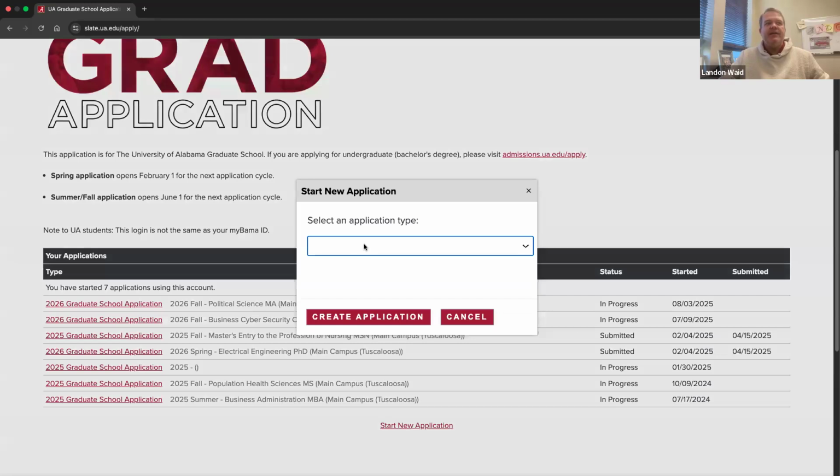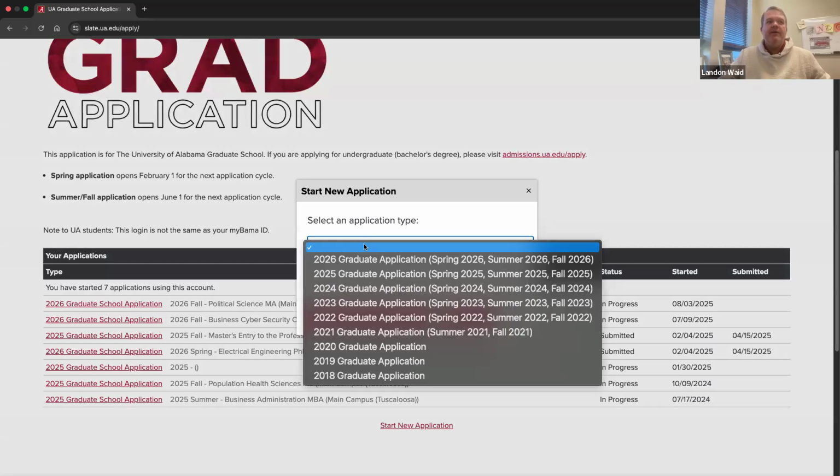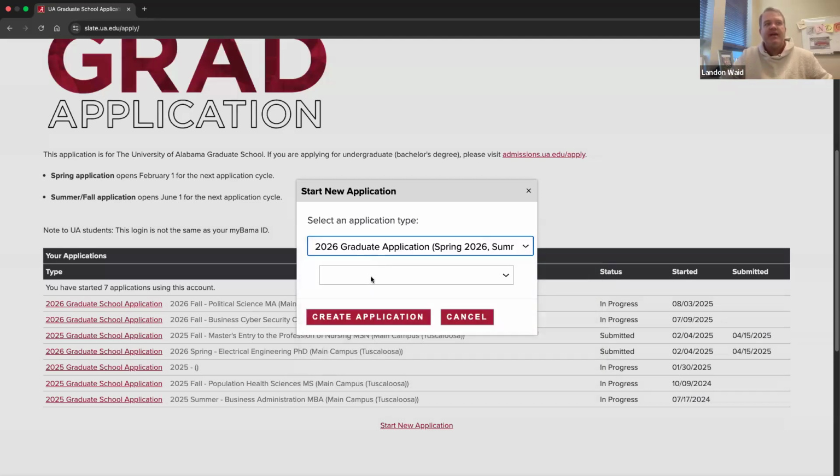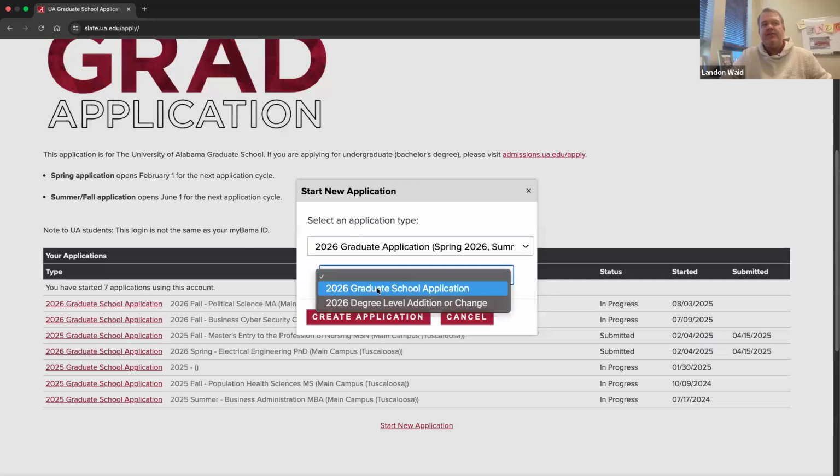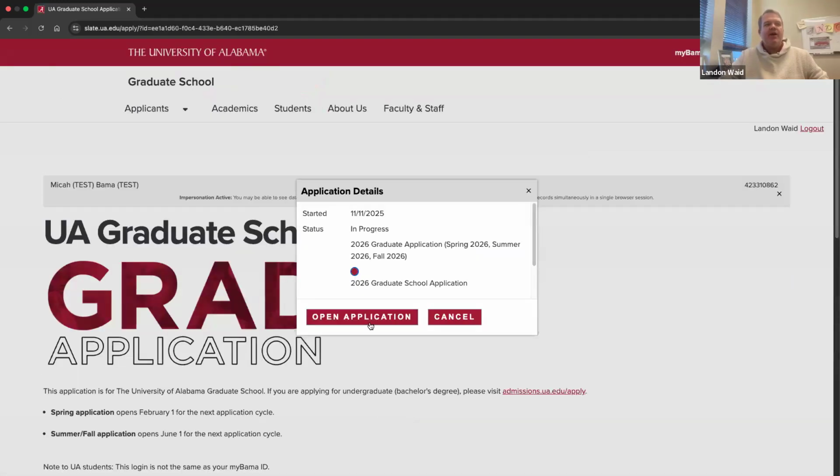As you click, it would then ask you for an application type. It's going to look at whatever term you're applying to whenever you pull up this link. For this one, we're going to be looking at the 2026 cycle because that's going to be the point forward. So you would select the term you're looking at as far as an entry term, not the current application year. For this one, we're going to select this 2026 graduate application cycle, and then we're going to be doing a new 2026 graduate school application. After we do that, we're going to click Create Application, and then we're going to open that up